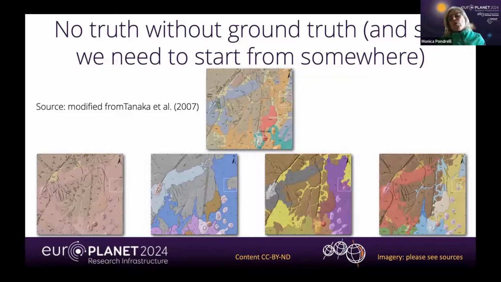First of all, we have always to be conscious that there is no truth without ground truth. Okay, no absolute truth maybe is the right word. The concept is exemplified by this very nice paper from Tanaka et al. 2007. This one on the top is a geological map of the Earth made by normal field geology means, while these other 4 geological maps are geological maps performed by different persons using techniques of the same area,